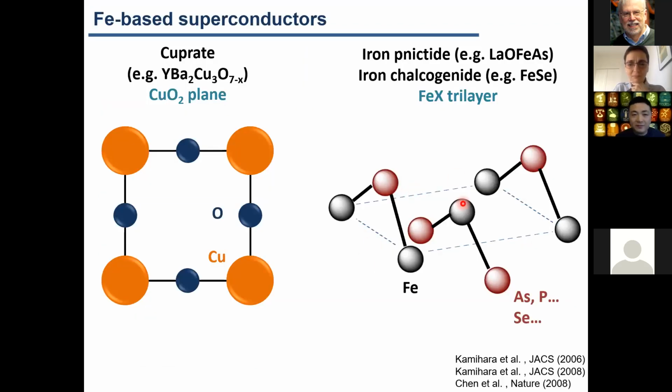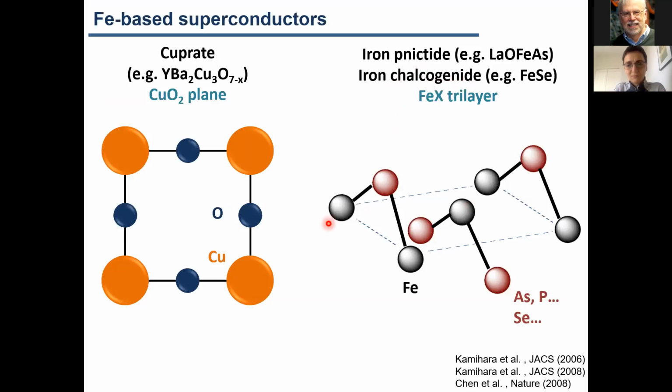So many of you are very familiar with the high-Tc superconductors, specifically cuprates. Iron-based superconductors came way after cuprates. The first was discovered in 2006, and now they include the iron pnictides and iron chalcogenides. There are similarities between cuprate and iron-based superconductors. One thing similar is the structure: iron-based superconductors also have quasi-two-dimensional structures that carry all the superconducting electrons, similar to the copper oxide planes